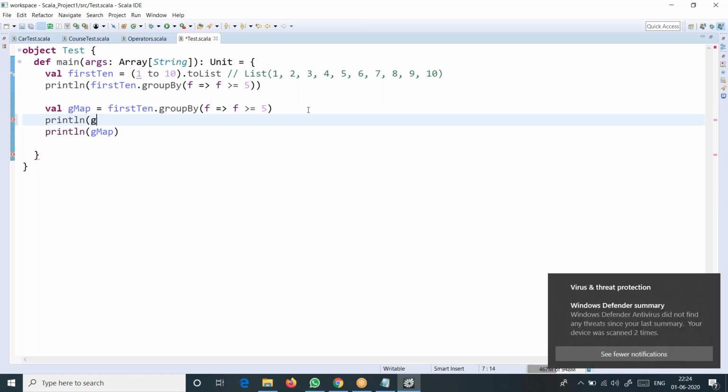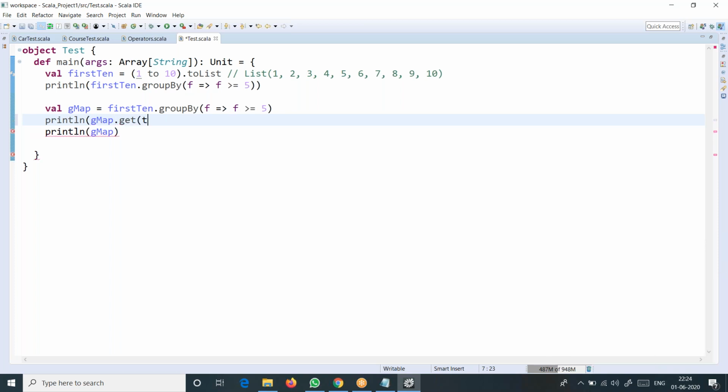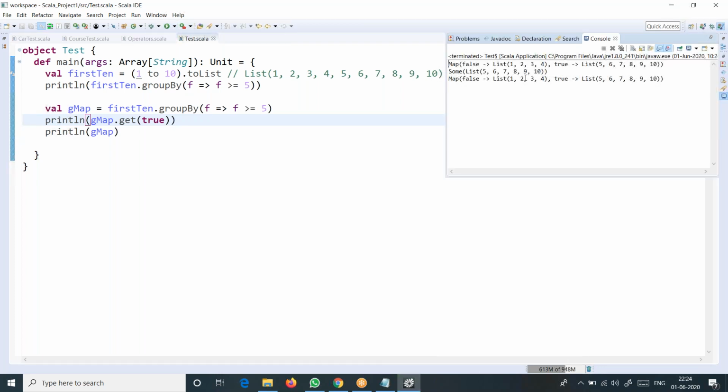Here, something like gmap.get(true). It returns the list which has the key true. True has a list of values starting from 5, that you get here. Of course, it is using Option internally. That Option returns Some here. We know how to get the value from Some as well.